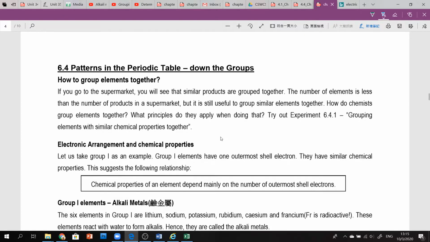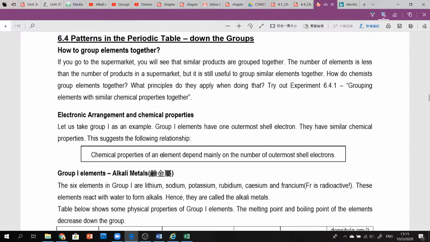And it comes to the chemist's interest on how come the periodic table has such ability to group those elements together. So in the past, he didn't know anything about the electronic environment. They just knew something, what we call a chemical property. So what he did was to just get some